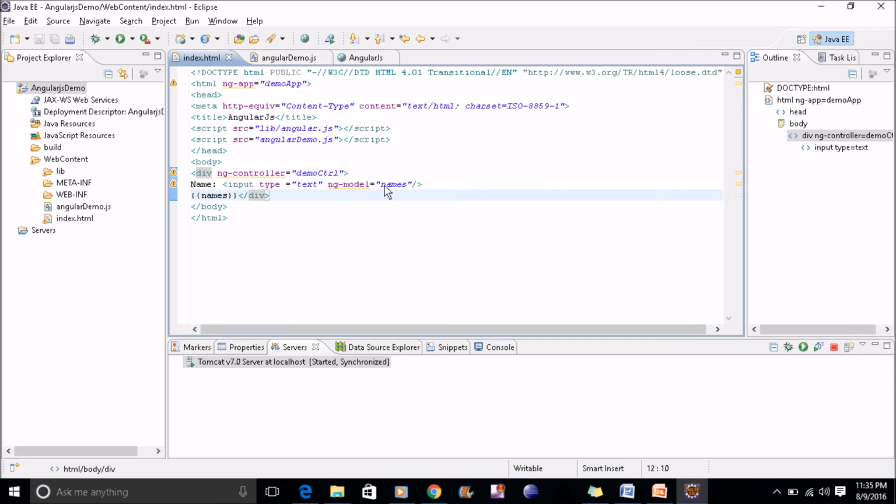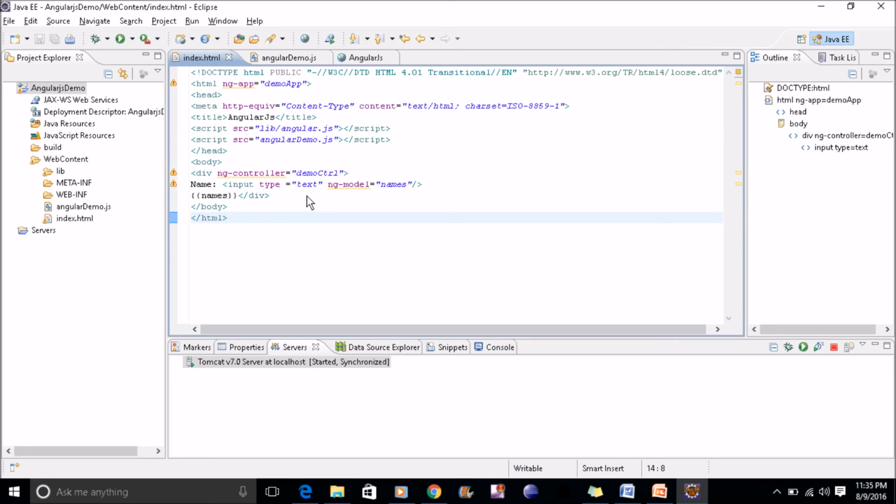Now in ng play, I'm printing it through the double curly braces, which I explained in my earlier tutorial. Whatever you are editing from the view, it is displaying here. I just want to show you that what you are editing in the JS file, that is your model, is updating in the view, and in the view also when you are updating something, it is going to your model.